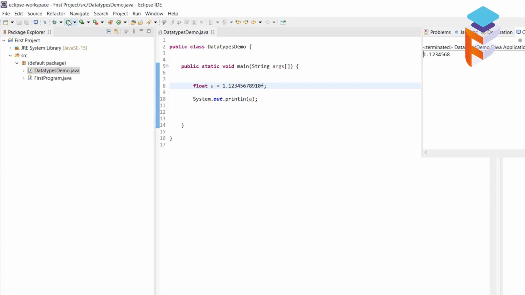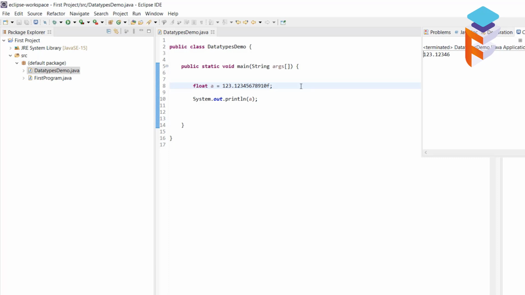Now what happens when you add an extra digit before the point is, it will read one less digit after the point. Now in here, if I add one more digit, we will get only 6 digits as output. Now if you see, we got only 6 digits, not 7 digits. Now again, if I add one more digit before the point, it will read one less digit after the point. Yeah, this time we got only 5 digits.